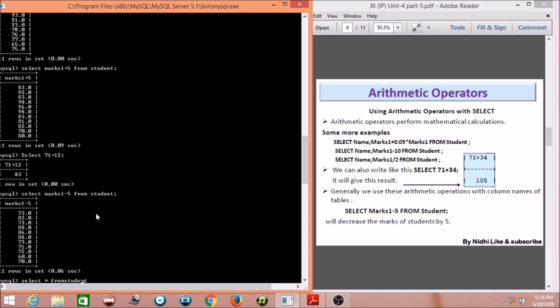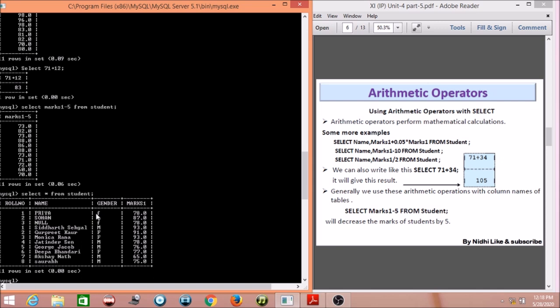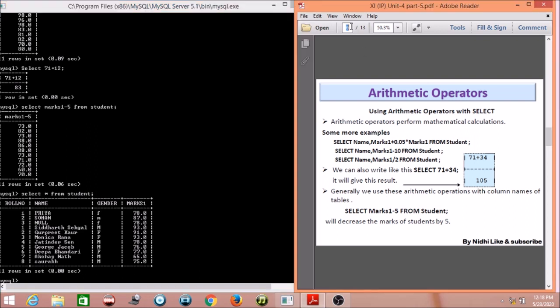Actual table will remain the same, but if you want to increase or decrease, then we can do that with this query. So see, the marks that we have performed, these are not the same. So if you want to display something, then you can use these arithmetic operations with select. Clear?